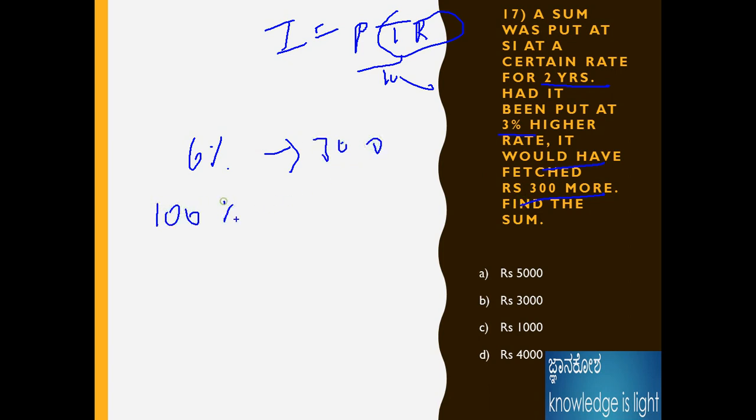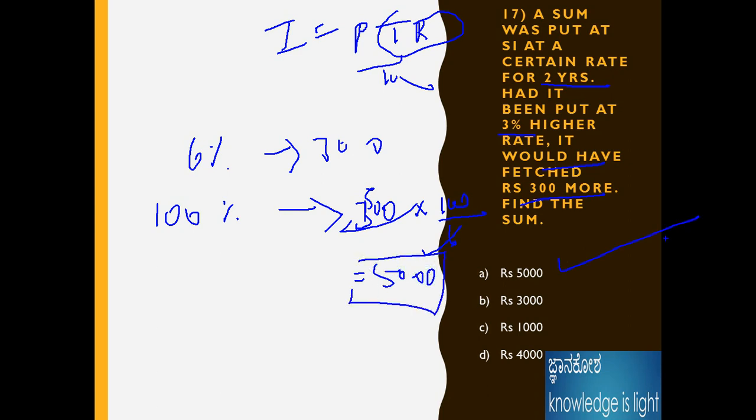For 100%, that is like a cost price problem. If you are solving the cost price problem, just 6% is 300. For 100%, how much is the principal? We calculate the principal. That's why it should be more on this 300. The numerator should be 100. We are calculating with respect to 6. 6 into 5, therefore 5,000 is the sum.